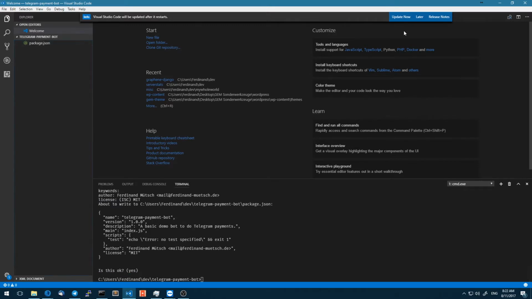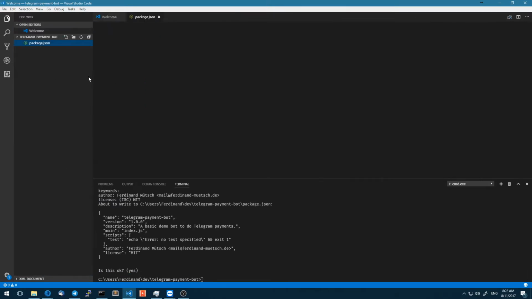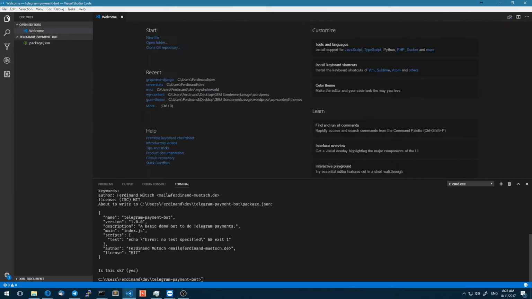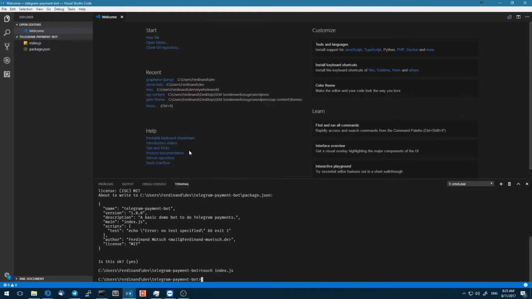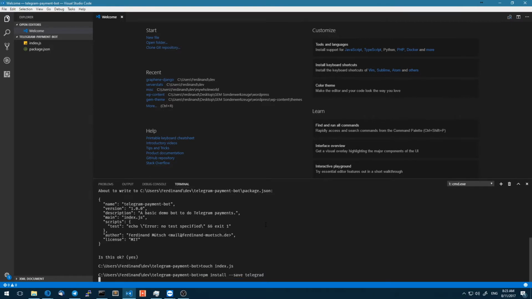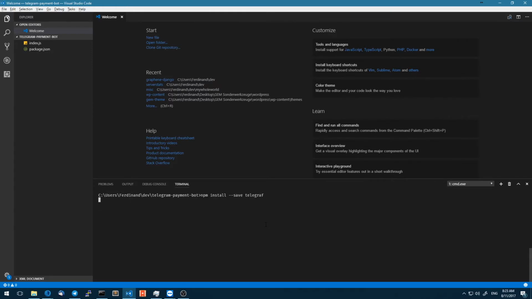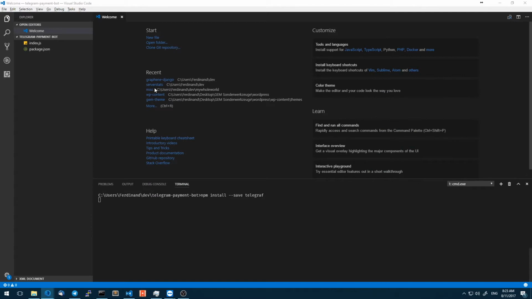And yes, so as you can see, we've now created a package.json file which contains all this information we've just put in there. Next we need to create an index.js file, which will be our main application file, which will be executed when we start the bot. And then we're going to do npm install --save telegraf, right? To install the Telegraf library, which I showed you before, which was, let me see,